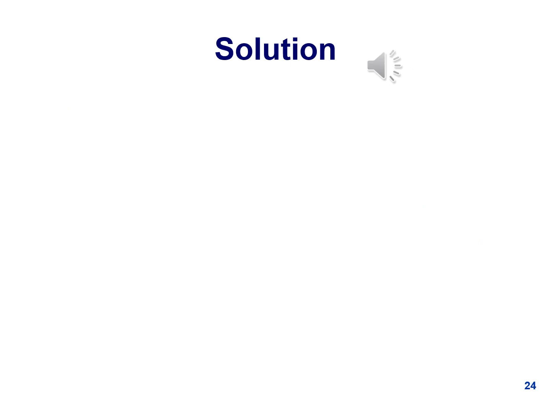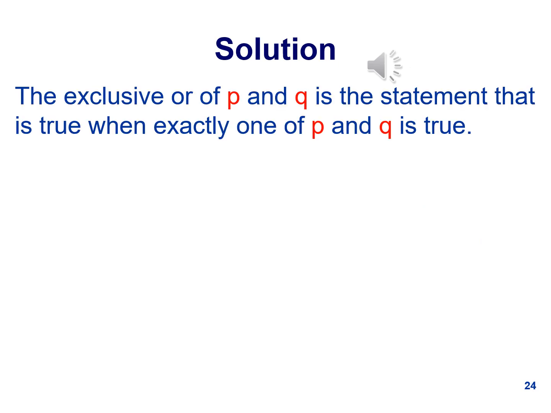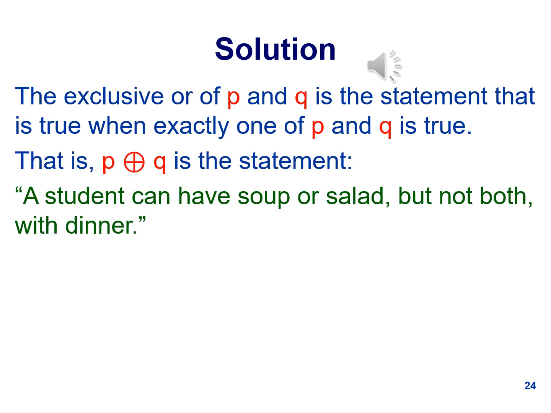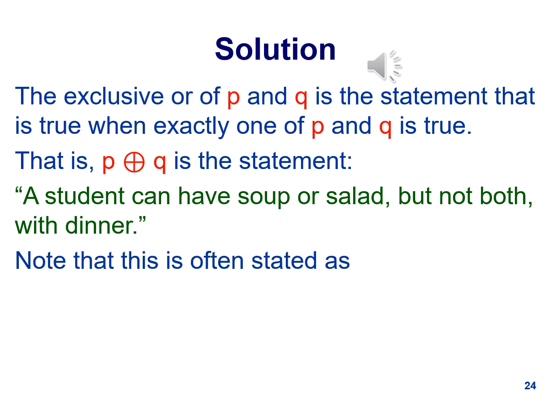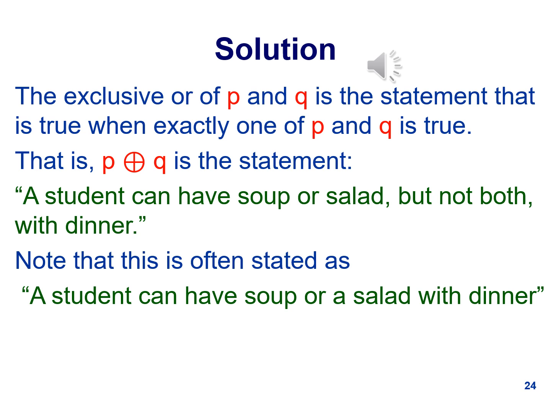The exclusive OR of P and Q is the statement that is true when exactly one of P and Q is true. That is, P XOR Q is the statement a student can have soup or salad, but not both, with dinner. Note that this is often stated as a student can have soup or a salad with dinner. The truth table of XOR is given as